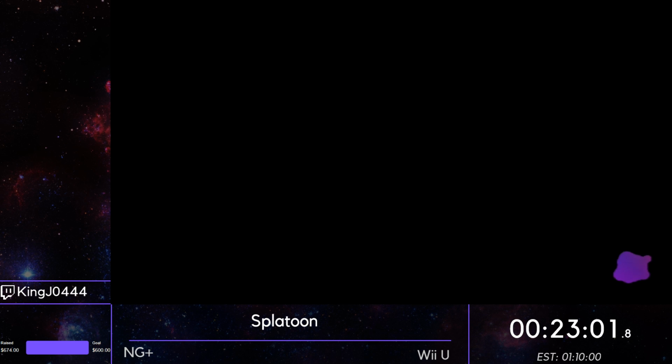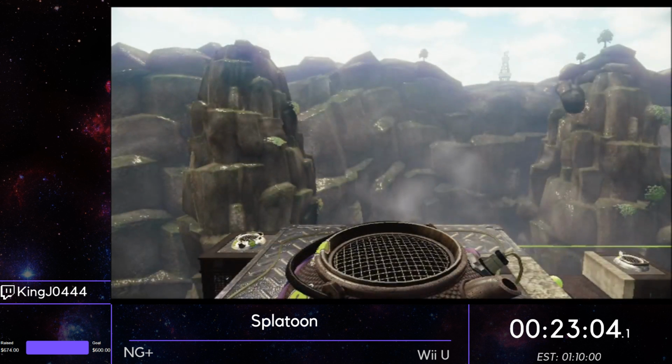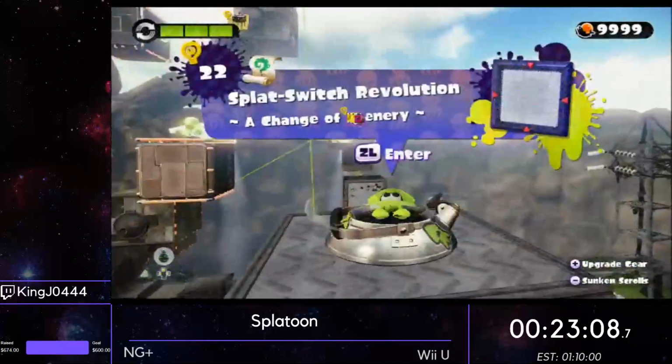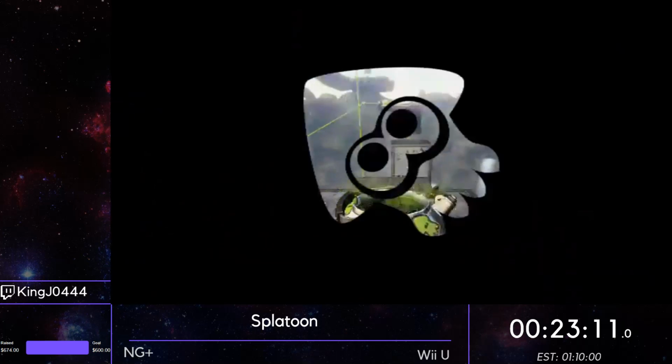Alright, so now we are doing Splat Switch Revolution. So we're heading to World 5, the final world of the game. And again, we are not going to be fighting the final boss until the very end, so...